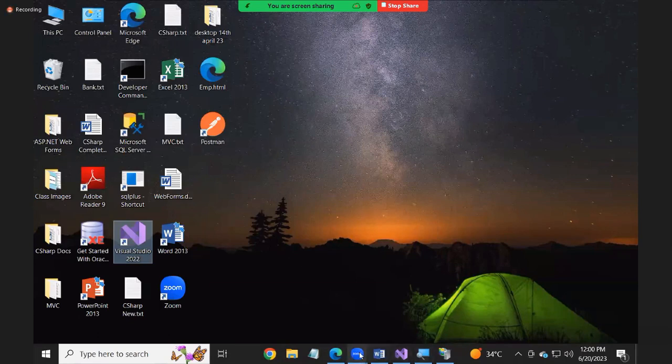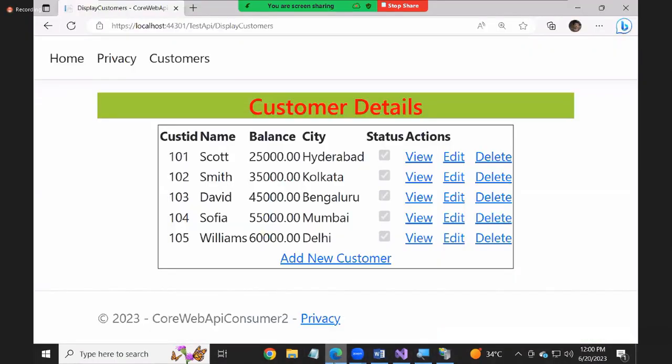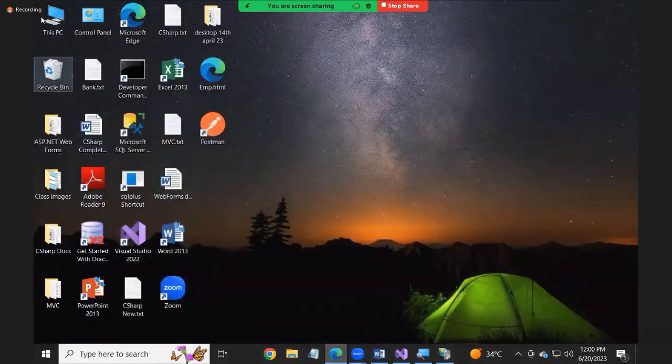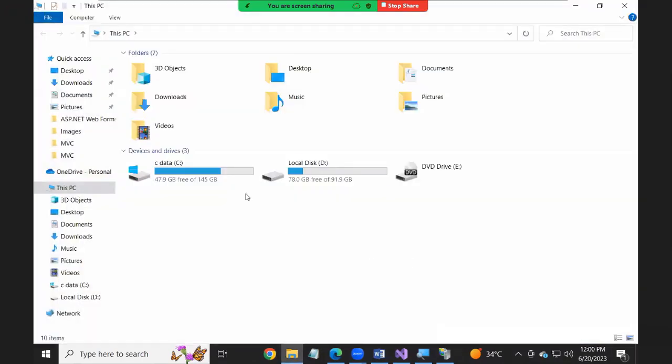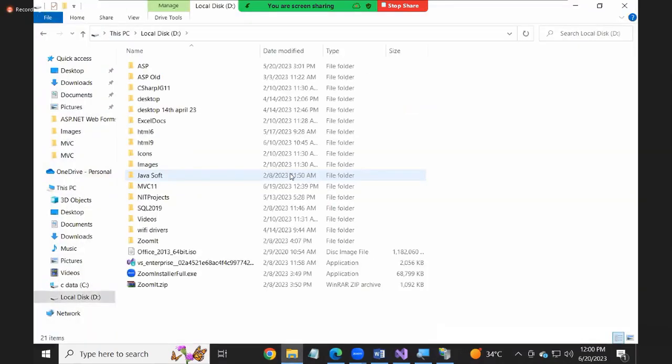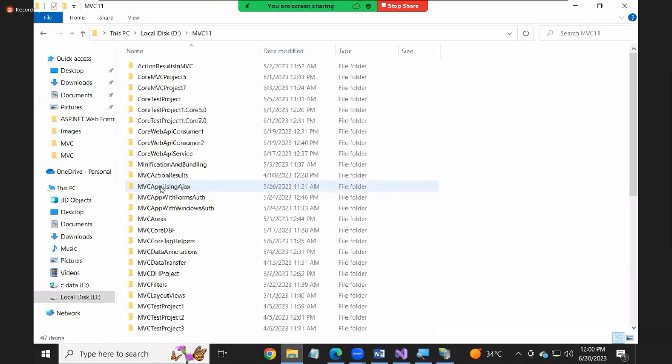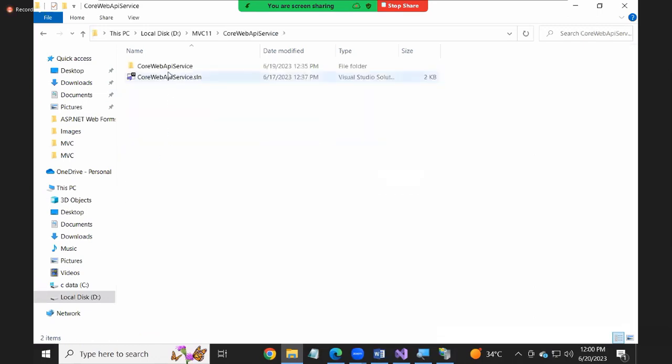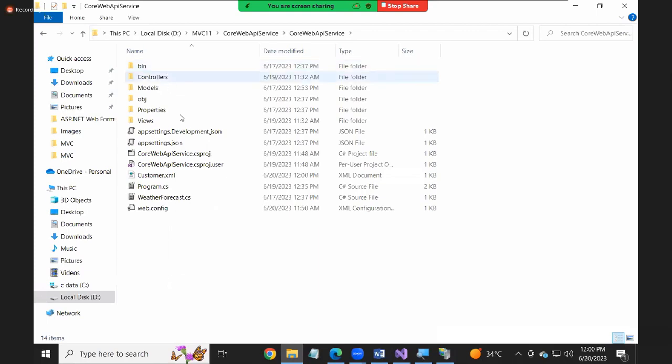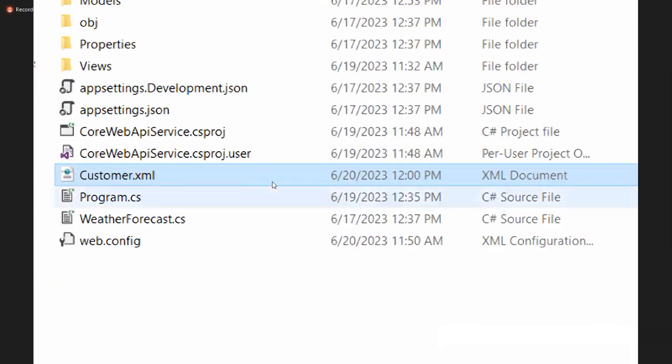Array. If you're getting the data here, it means that it is a success only. If you're getting the data here, there is no doubt that the operation is a success. Still, if you want to verify, because we did not use a database here, we used XML as a source. So in MVC 11, core web API service, core web API service, in that customer.xml,